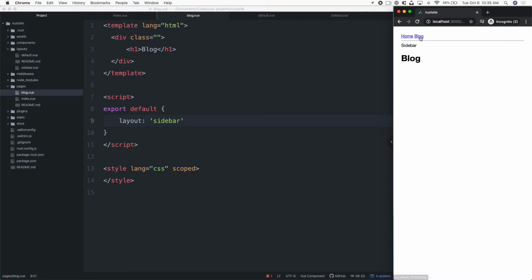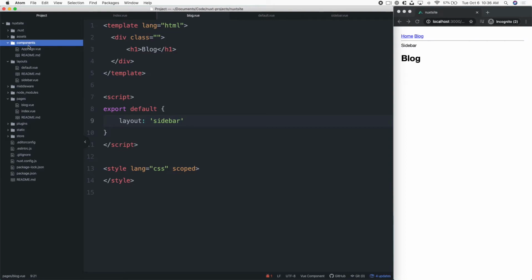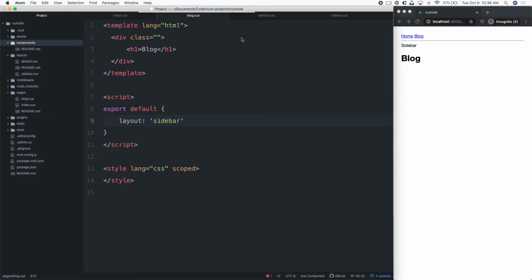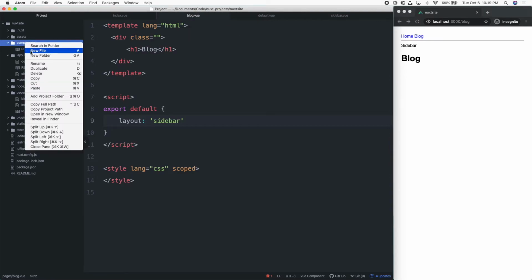Next, let's talk about components. I want to illustrate that components in Nuxt are handled just like they are in a standard Vue project. In components, delete the logo component that ships with Nuxt. Let's create a new component called